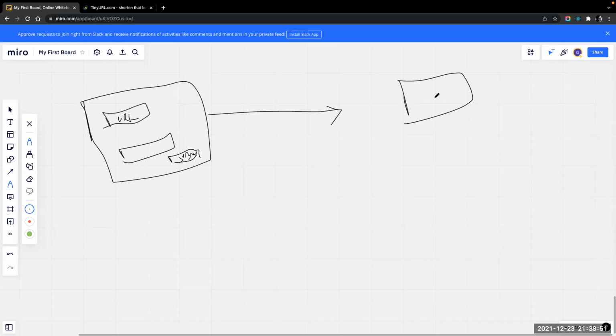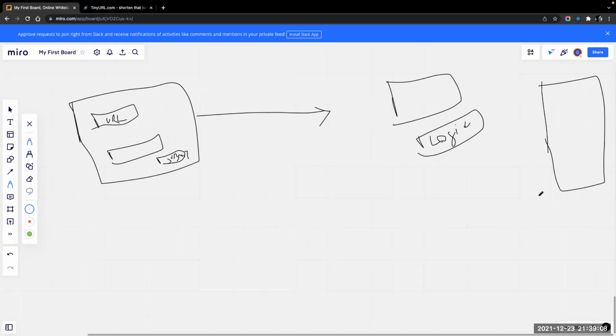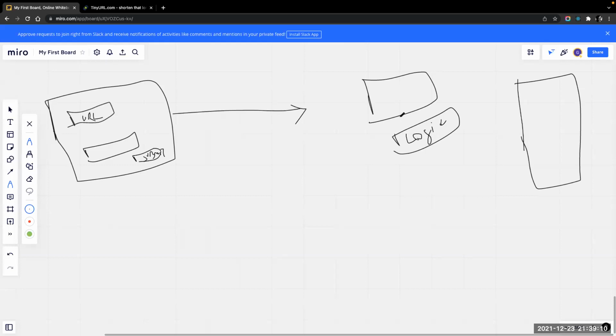Inside the server, we will write code to shorten this URL, and that is the logic here. And we have a separate database here. The server will run the logic for this URL, and it will store the URL and the newly created URL in the database.